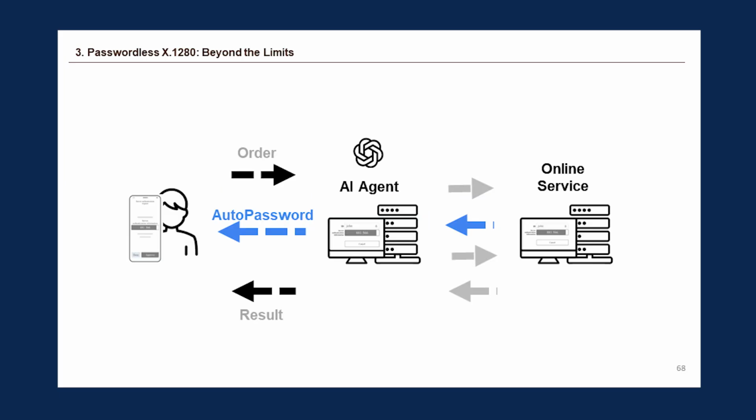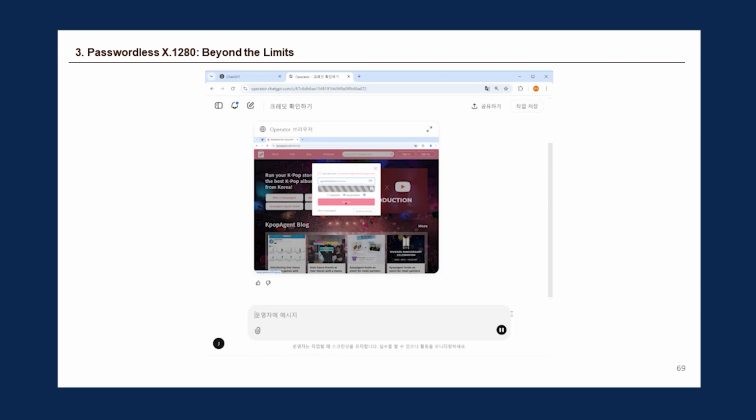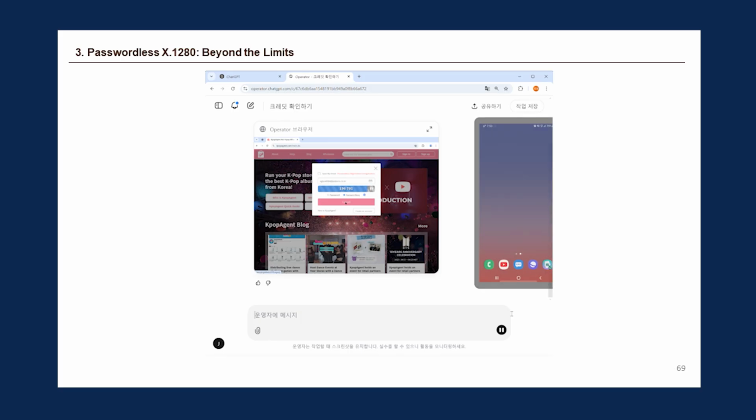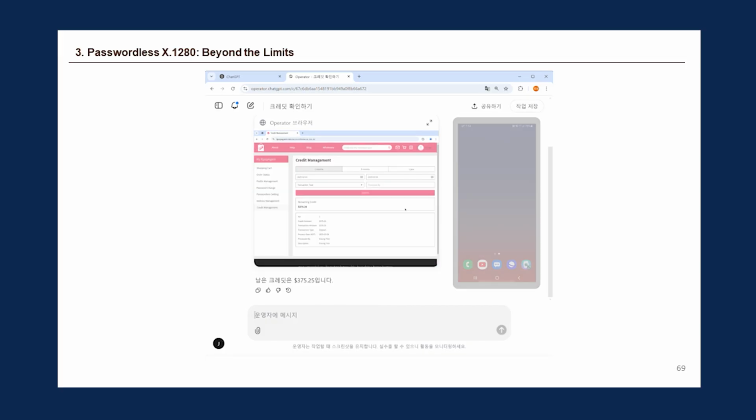But instead of relying on user one-side authentication, applying the extra X.1280 value at the end of the online resource, we ask the AI agent to bring the code to the user, and the user can verify the code. This is one of the video clips applying the X.1280 value on ChatGPT Operator, the AI agent. In the prompt, I ask them to log in with passwordless, and then the agent shows the code, and then with my confirmation on my smartphone,